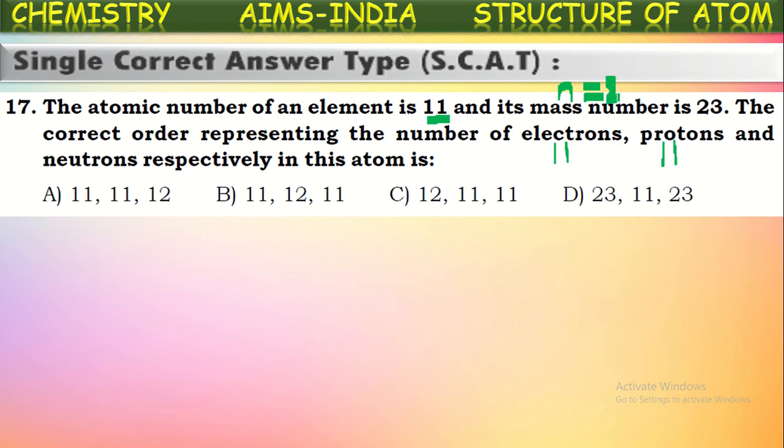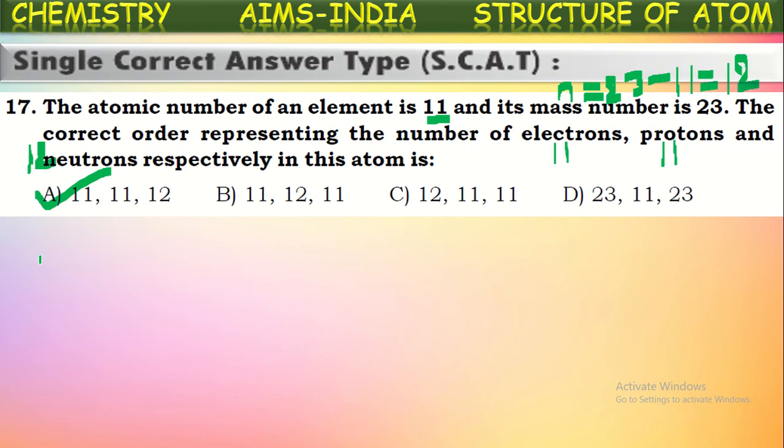Mass number they have given as 23 and atomic number is mentioned as 11. Now what will be the number of neutrons? Equal to 12. The number of neutrons is 12. Now electrons 11, protons 11 and neutrons 12. Where it is mentioned 11, 11, 12,